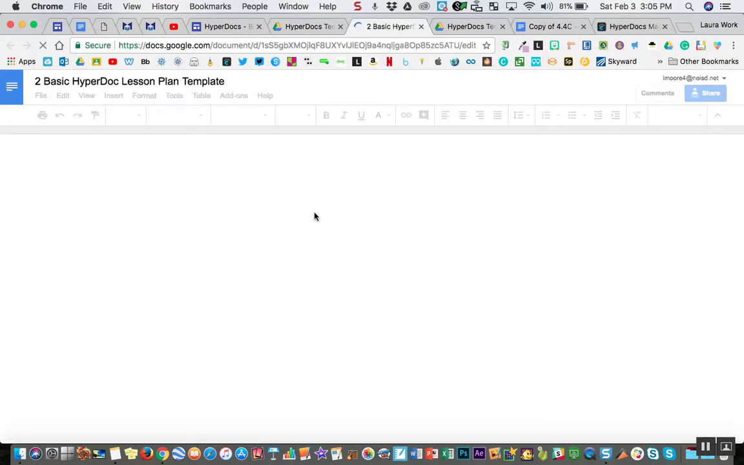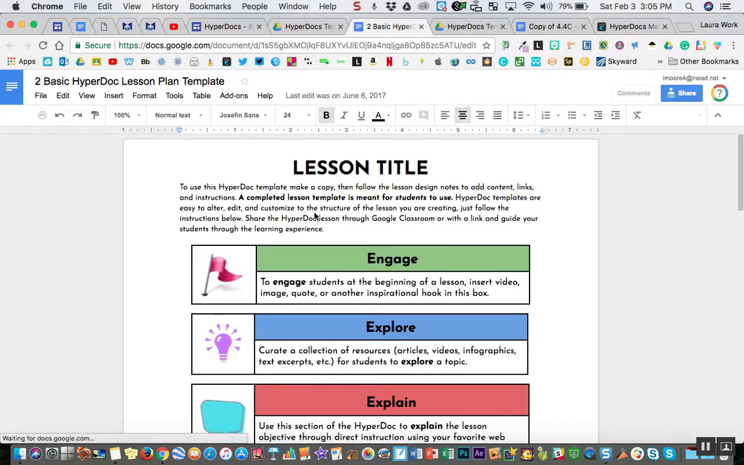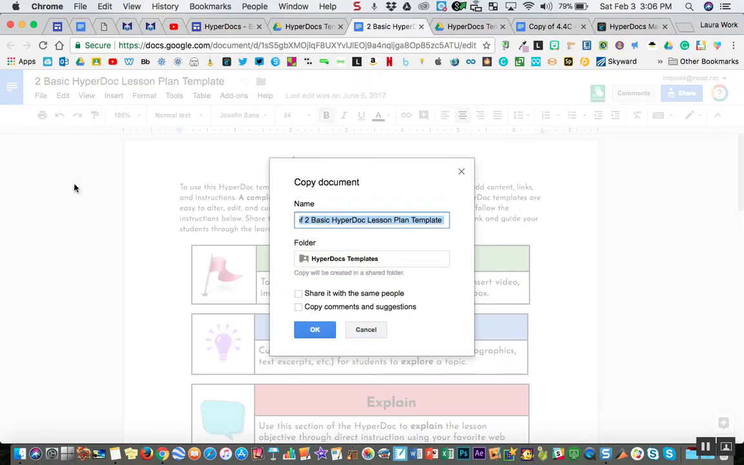So I'm going to open it up, and by default it's view only for you guys. I own this document and I'm logged in as myself, which is why you don't see this big blue view only button located in the toolbar. So you won't be able to type or modify this until you make a copy of it and put it in your drive. So to do that, you simply go to File, Make a Copy, and I'm going to name it